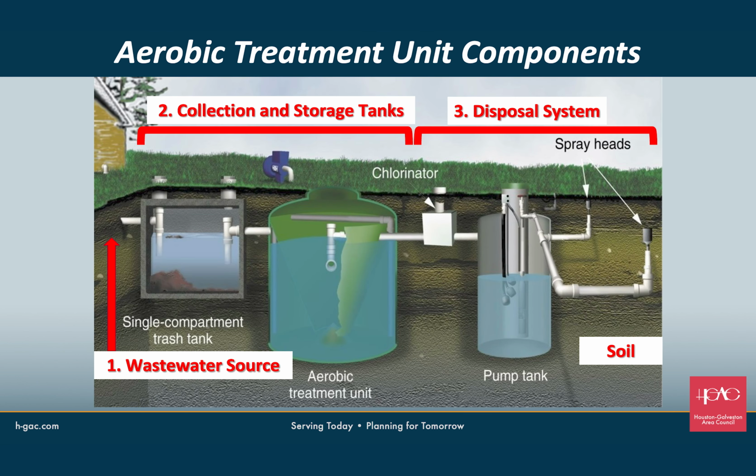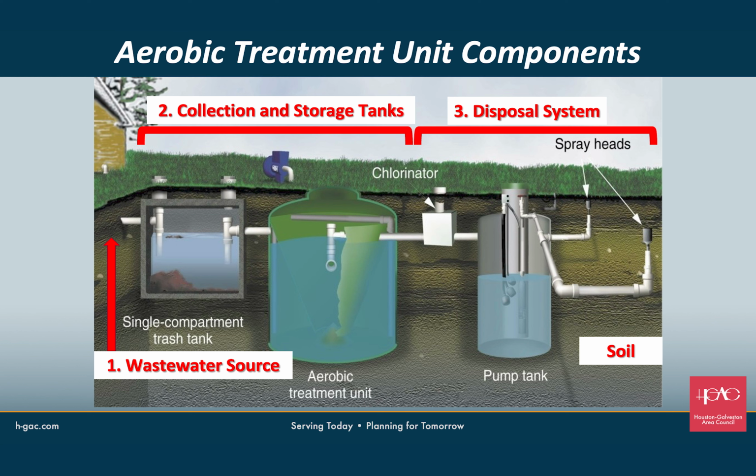Now let's look at an aerobic system, sometimes referred to as an ATU. Compared to a conventional septic system, aerobic systems are more complex. These systems have mechanical and electrical components, including motors and pumps. An aerobic system will consist of 3 general components, which include the wastewater source, which is the sewage pipe from